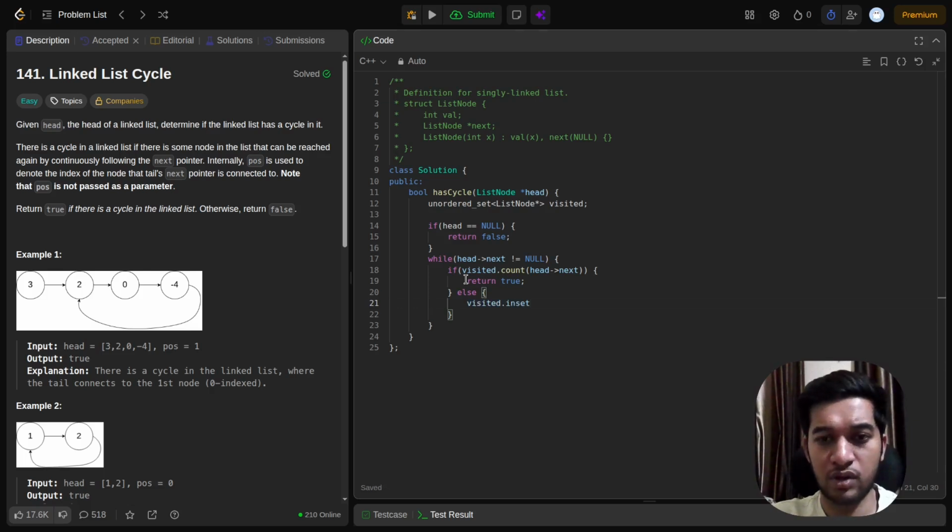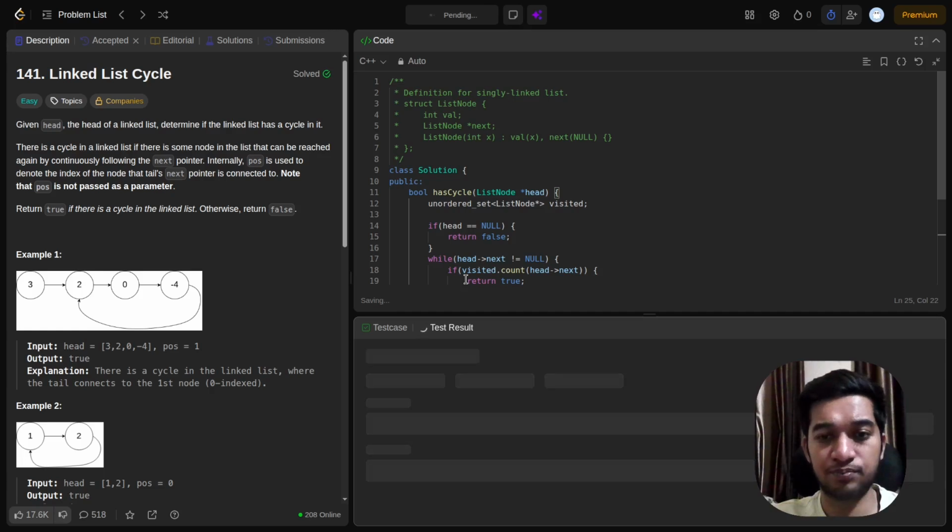So for that we will insert head.next. That means we are storing the address, and then we will simply do head = head.next to move the pointer to the next position. And in the last, if there is no cycle, then we return false. Let's run this program,